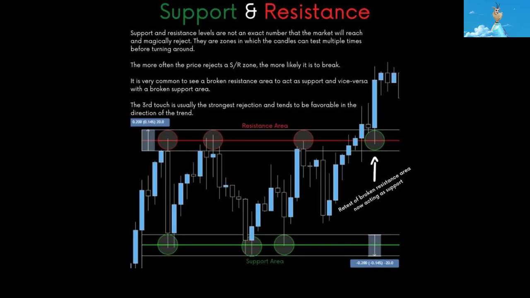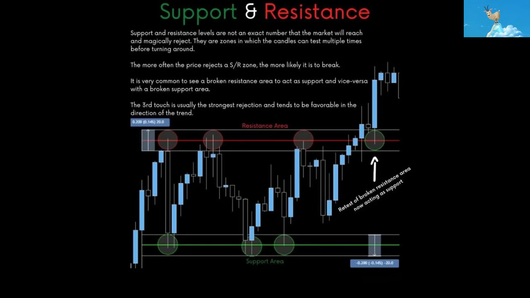It says support and resistance levels are not an exact number that the market is going to reach and magically reject. I'm going to read it because some of y'all probably can't see. Turn the phone sideways, landscape mode, and then you'll be able to zoom in if you want to get a better look. Now, support and resistance levels are not an exact number that the market will reach and magically